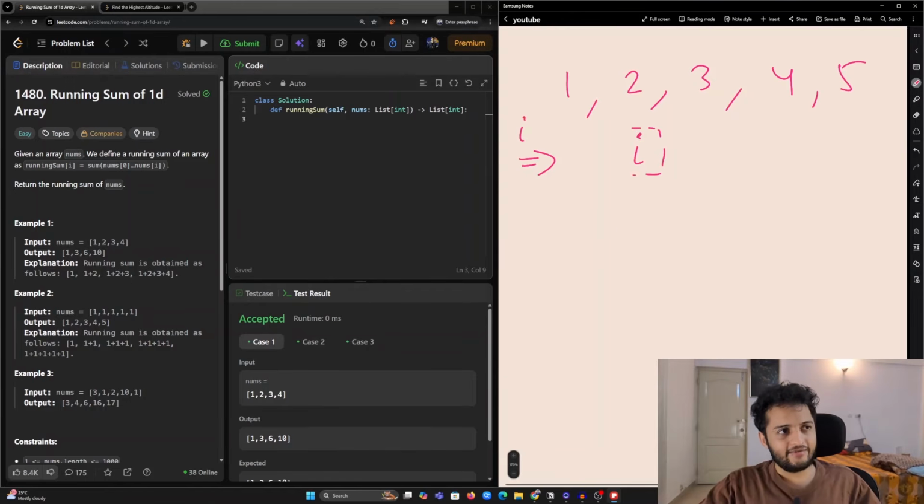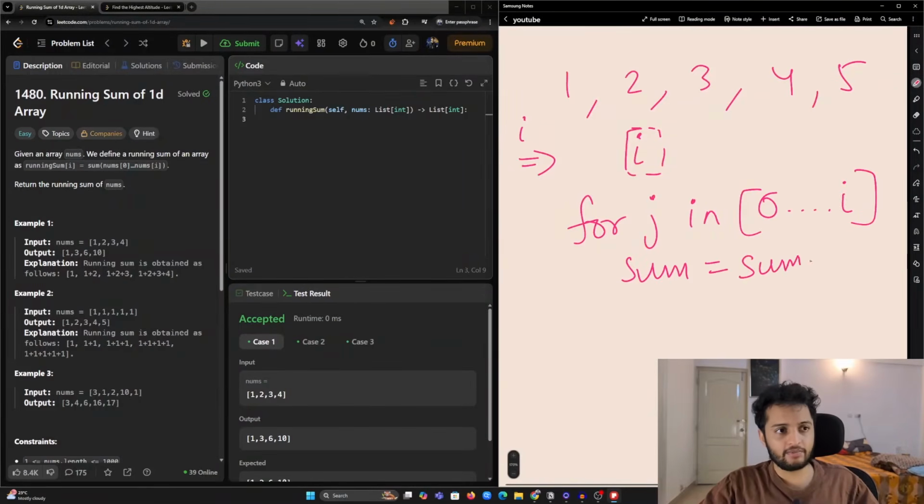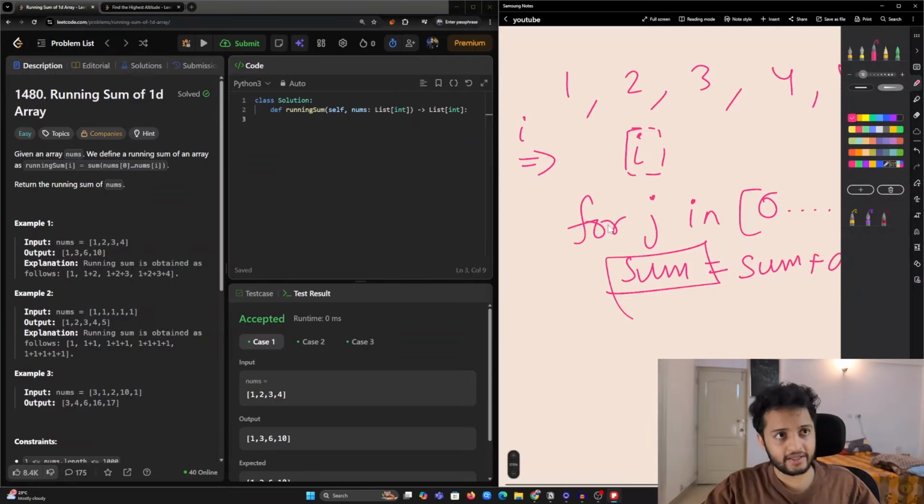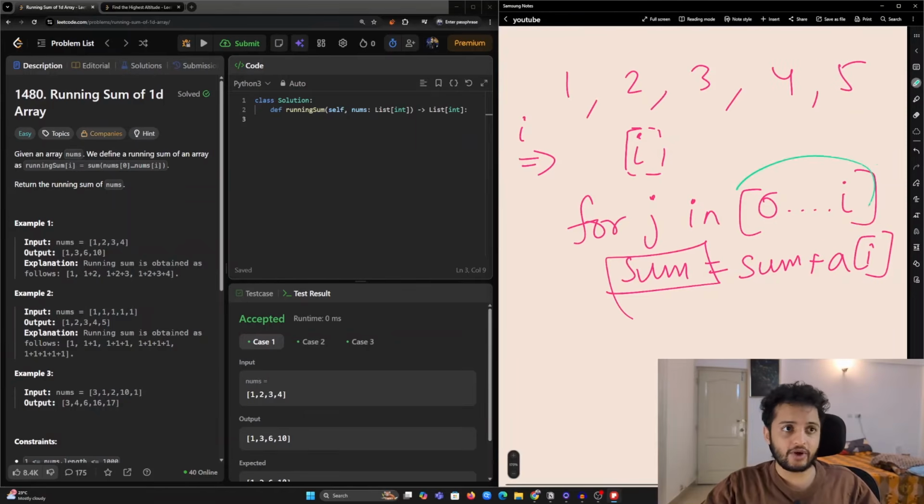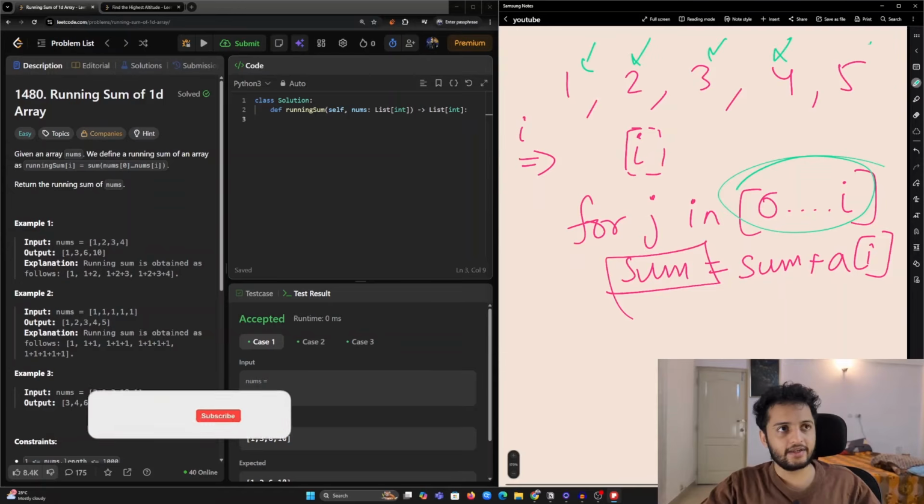We can iterate over all the elements, introducing a j loop for j in 0 to i, and then we maintain a sum, where sum equals sum plus my element of the array. This sum will tell me the sum of all the elements between 0 and i, and we can do this for all indexes i.